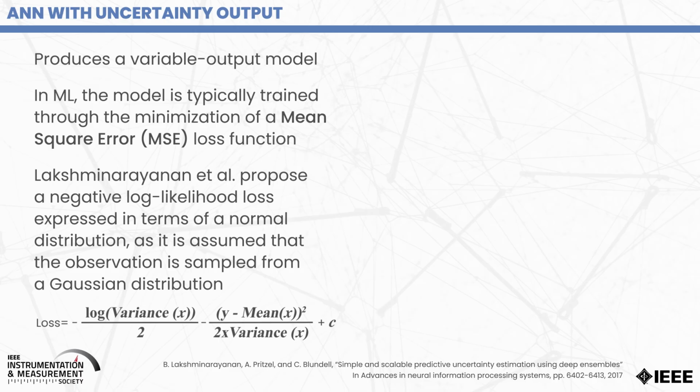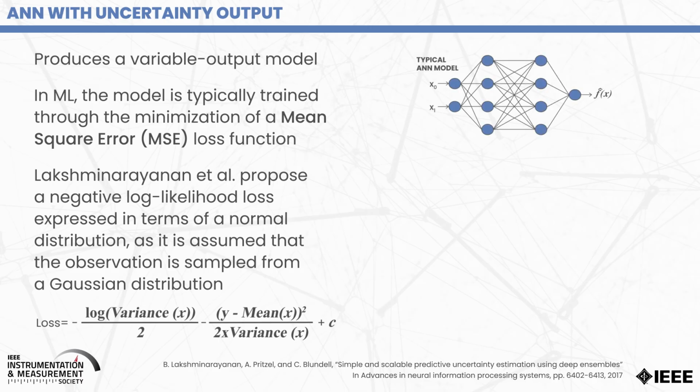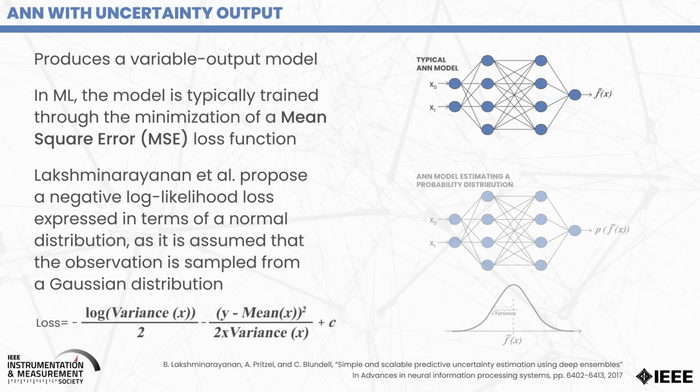And as a result, instead of getting a fixed output, as we can see here, they are actually getting a distribution. So whenever you input something into this neural network, it doesn't give you a single value, it actually gives you a distribution. So then we can apply type B uncertainty methods in order to determine the quantity.